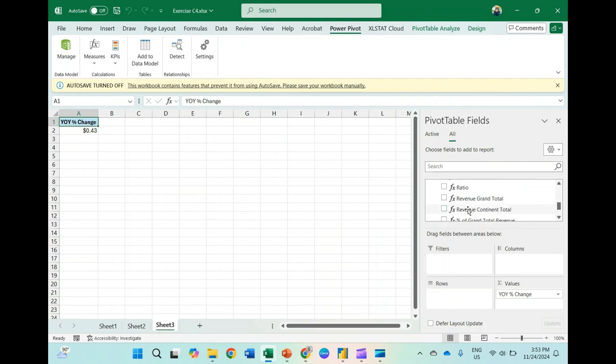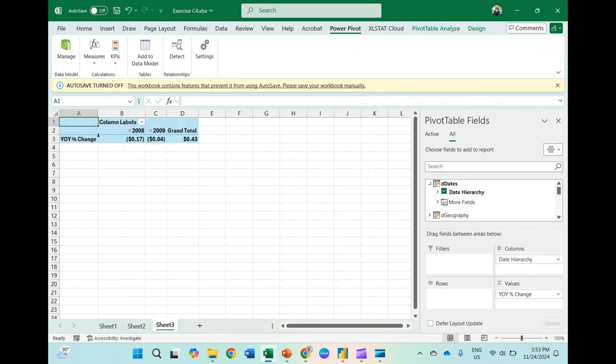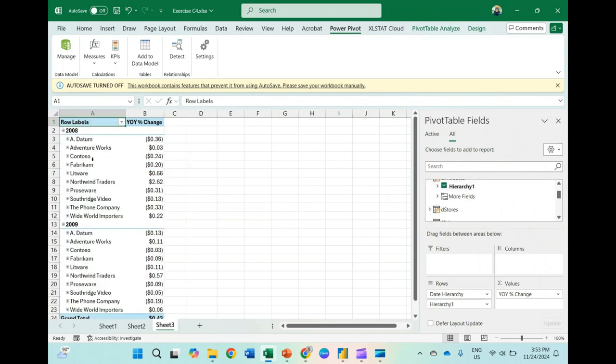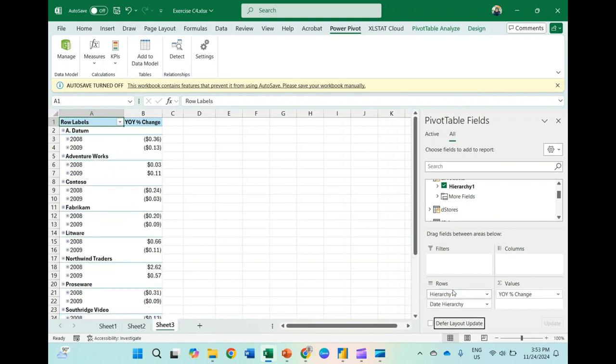Okay, so let's say we want to add based on dates, to see the changes. So dates hierarchy, put dates in a column, like this. Or you want to put brand, to see based on the brand or product. Hierarchy based on year. Or if you want to put a date later, brand first, then in the row, just drag the hierarchy product on top here.